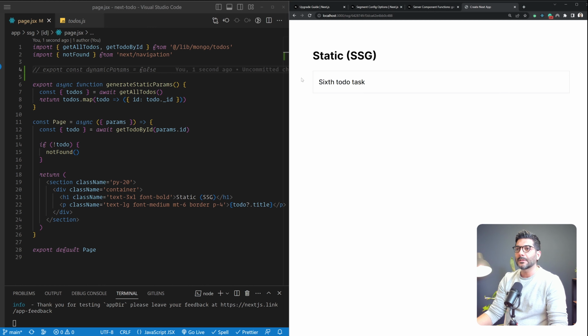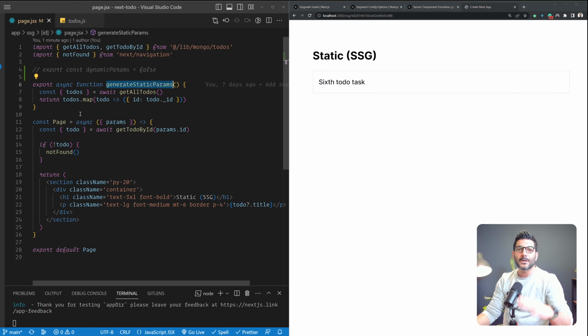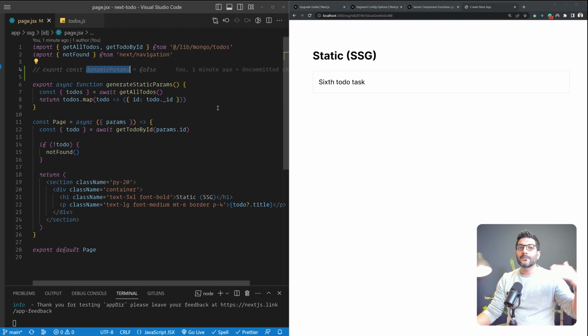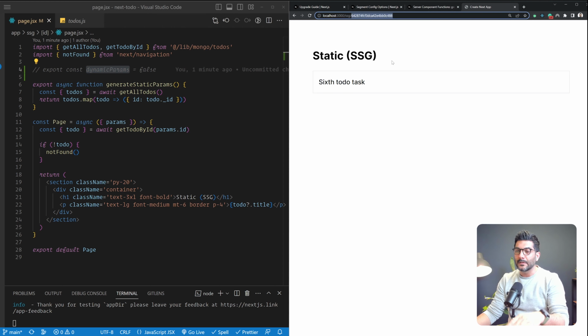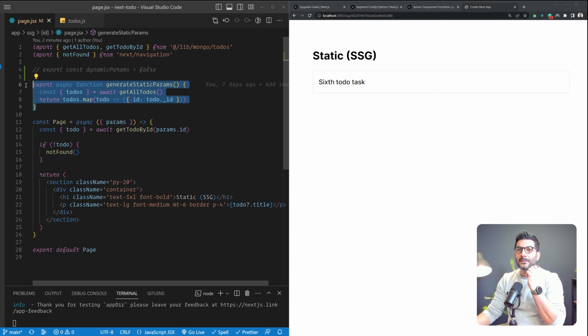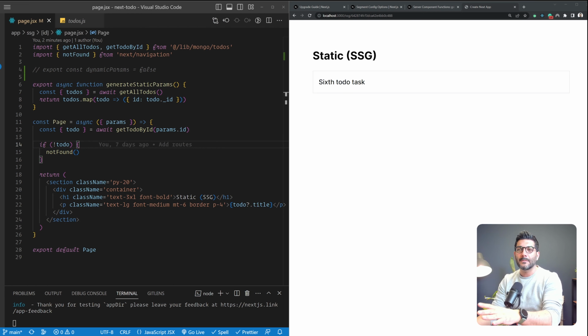And the reason for it is what we discussed over here. This generateStaticParams, at the time of the build, ran when we had 3 tasks. It instructed Next.js to build those pages statically. But because we are not exporting dynamicParams, it defaults to true, which means if you're trying to access a page with this ID that was not returned from this generateStaticParams, this page component is going to run anyways, and it's going to generate and render this page dynamically on demand